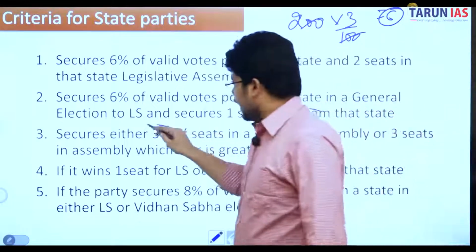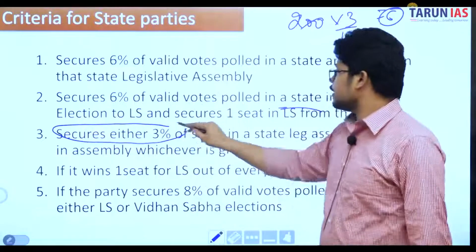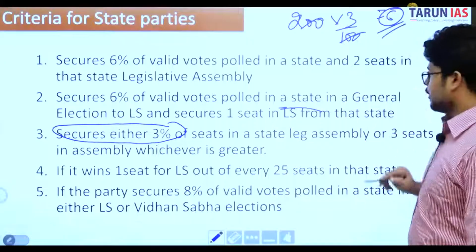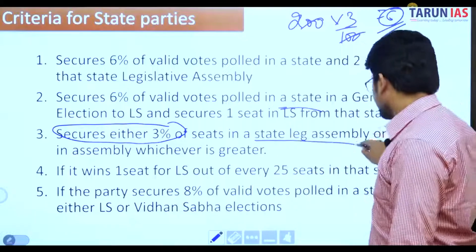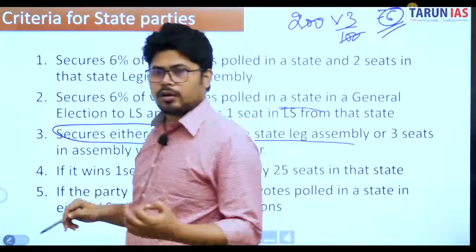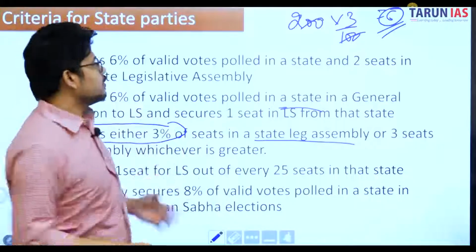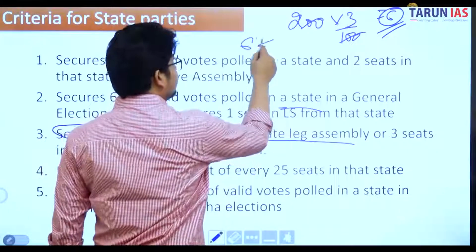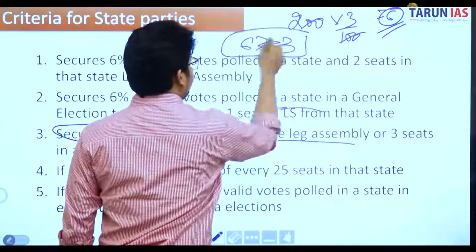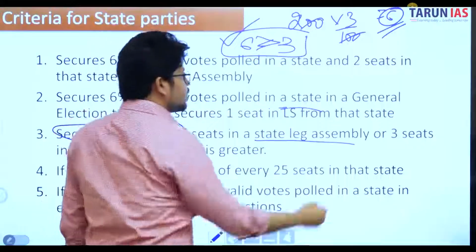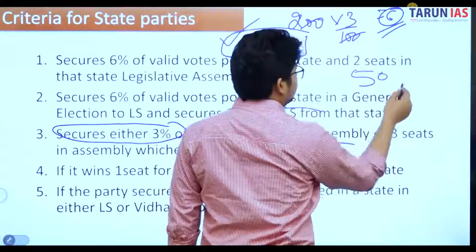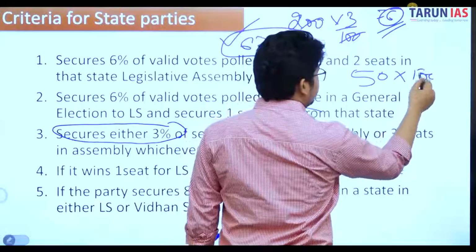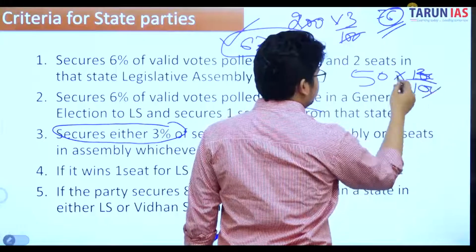So in that case they will have to secure at least 6 seats in the state legislative assembly or 3 seats, but since 6 is greater than 3, which will be followed? 6 seats. But if some state has 50 seats only, in that case what happens, okay,